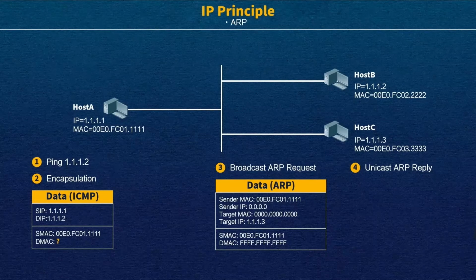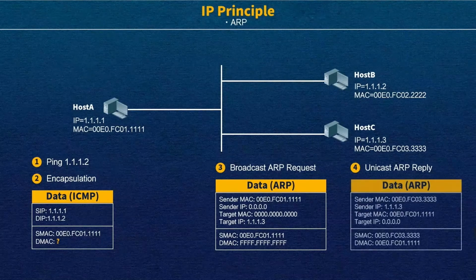If we send out broadcast packets all the time, this is a waste of resources, because host B, for example, doesn't actually need to receive the broadcast ARP packets, right? Because I'm not the target that host A wants to know. So in this scenario, if we can send out unicast, we don't want to send out broadcast packets. So host C will directly reply using unicast packets.